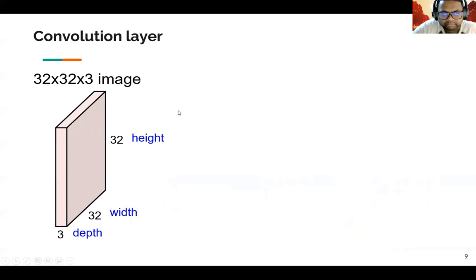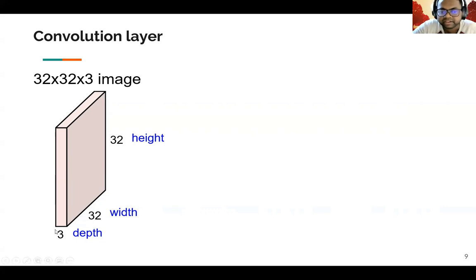So, as I was saying, we'll look at convolution layers and what convolution is for a particular 2D image, or a 2D field. In this case, let's consider this to be a 32 by 32 by 3 image, where the 3 could mean the RGB channels of an image, and 32 by 32 means the height and width of the image. But this could also mean that you have a 32 by 32 nodal grid with XYZ as the channels of your grid. In other words, each node in your grid has some XYZ.